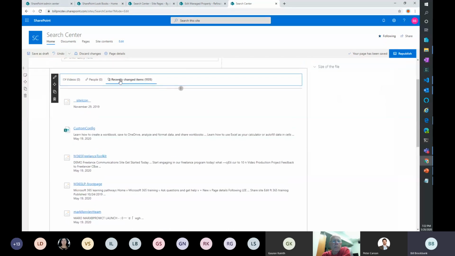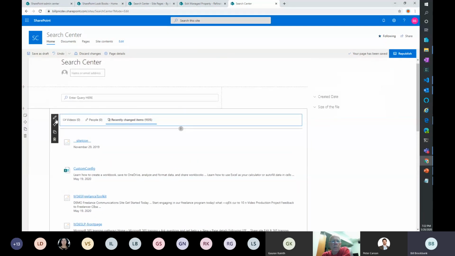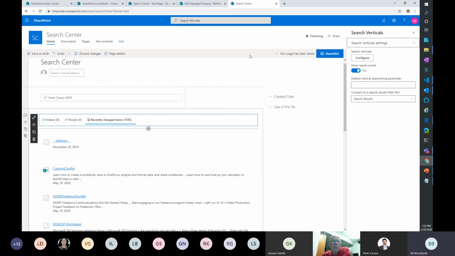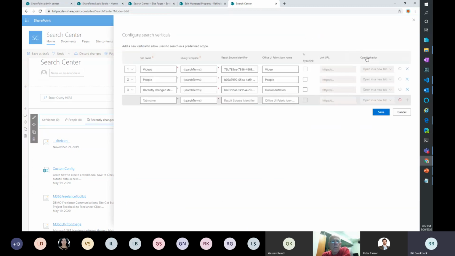So let's just cover this one quickly so you understand how I got these values. This is done again through a view of what we're seeing. What happens in this one is you can set up different search results of targeted result identities, where you build the query up for the base, and we can look at some of these as the video, the people, and documents, which I think is the one that does recent changes. So these queries are built up outside of this.